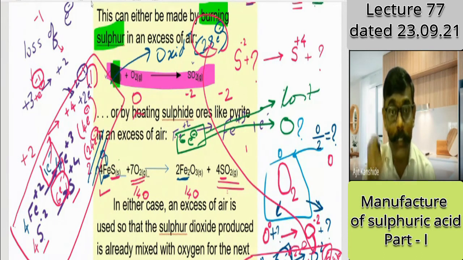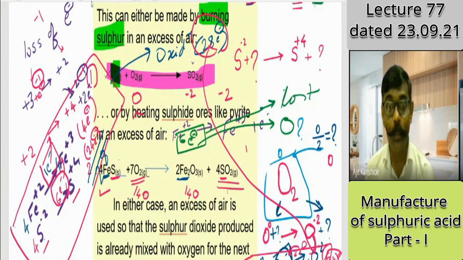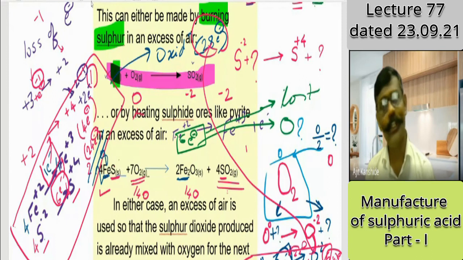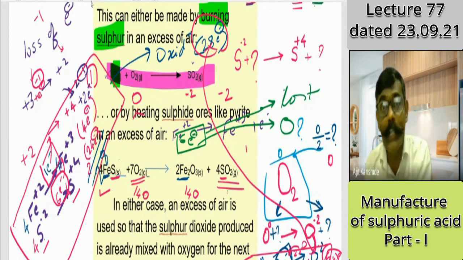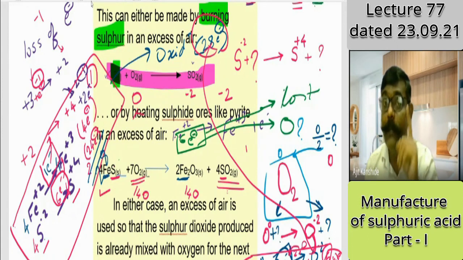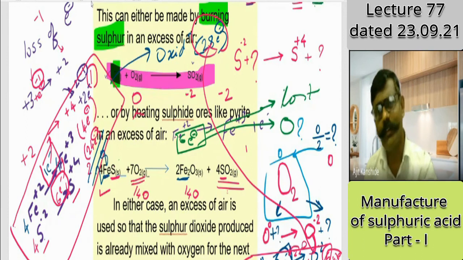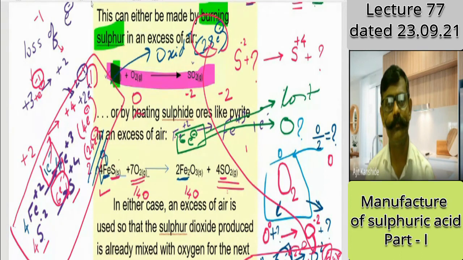Suppose if you are at TY level and could only see FeS and O2 and could not understand the charge on the iron, the charge on the sulfur, the charge on the oxygen, how the reduction is there, how the oxidation is there, how many electrons are involved, then you are not applying the concepts. You are not studying on a conceptual basis; you are studying only mechanically. Even a first standard student can do that. So what achievement have you made in these last 15 years? That's applicability. Applicability will improve your learning. If you are only remembering this, then ready-made information and data is there. Then what's your role? Your role is to understand that reaction. Students, are you understanding the reaction? Yes, sir.